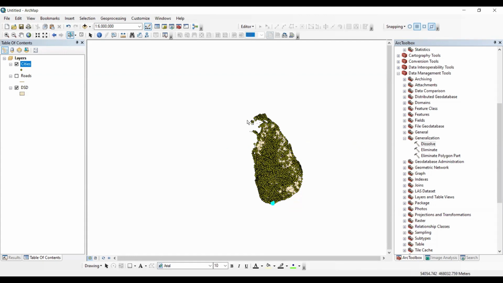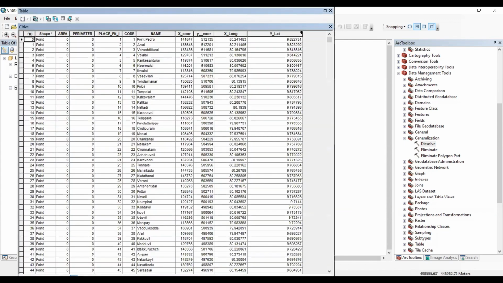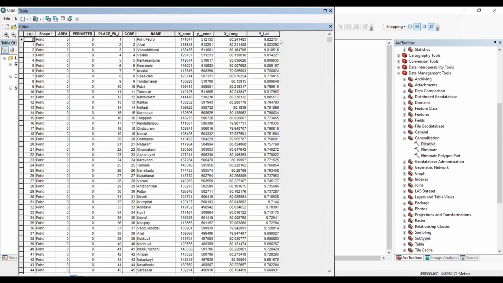That is why I've taken the decimal degrees. Decimal degrees and degree minute seconds are universal, so they won't change according to country. But other than that, the grid systems, especially the projected coordinate systems, the relative coordinate systems, will vary from country to country. India has a different relative coordinate system, Sri Lanka has a different relative coordinate system, so it may vary.